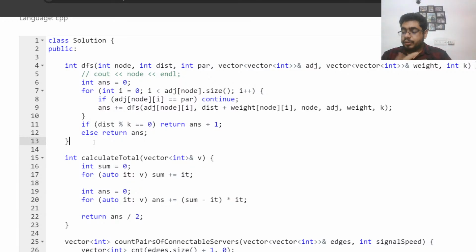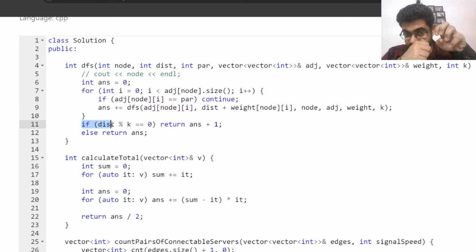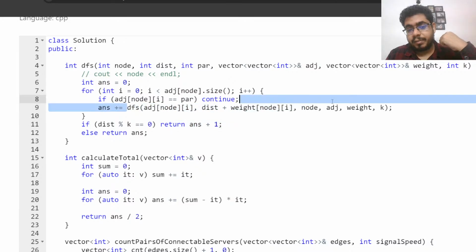ठीक है? अगर तुम्हें इसको सिर्फ टॉप डाउन बनाना है, तो व्हाट यू कैन डू इज यू कैन डिक्लेयर अ ग्लोबल वेरिएबल काउंट इक्वल टू जीरो, कि कितने नोड हमें मिल गए, राइट? तो ये आंसर वांसर सब हट जाएगा। विल जस्ट मेक फर्दर डीएफएस कॉल विद द अपडेटेड डिस्टेंस, एंड देन डू दिस चेक कि जिस भी नए नोड पे हम हैं, अगर उसका डिस्टेंस इस के से डिविजिबल है, के इज योर सिग्नल स्पीड, अगर डिस्टेंस के से डिविजिबल है तो काउंट प्लस प्लस कर दो, है ना? अगर काउंट ऊपर ग्लोबल होता तो आई कुड हैव डन काउंट प्लस प्लस एंड देन जस्ट मेड द रिमेनिंग कॉल्स।